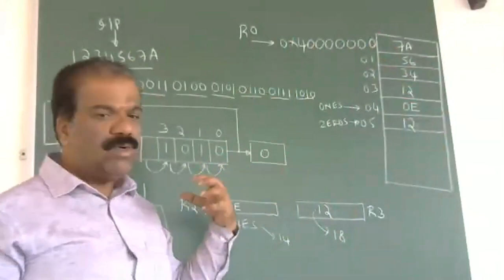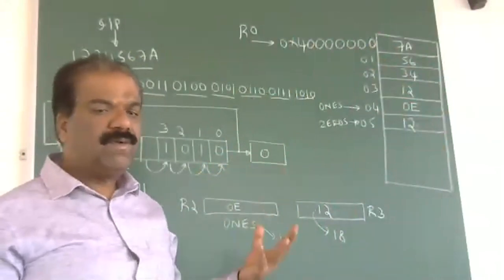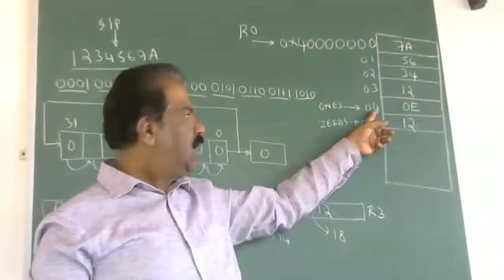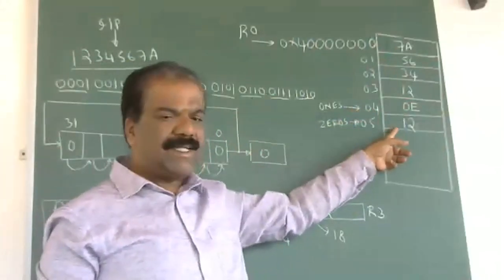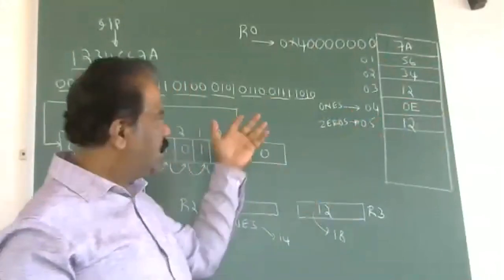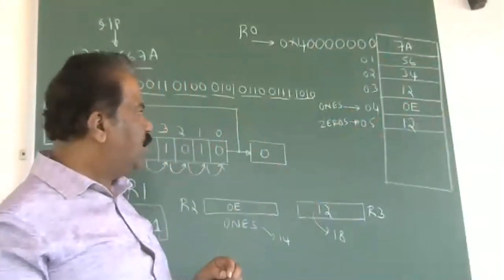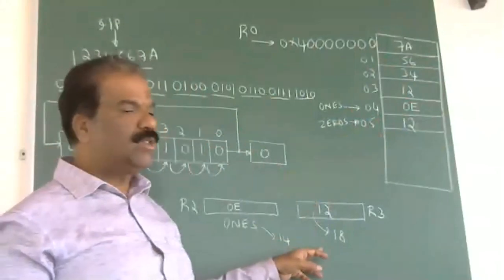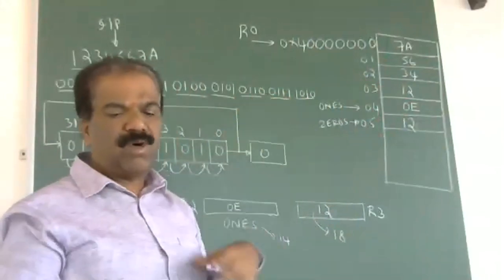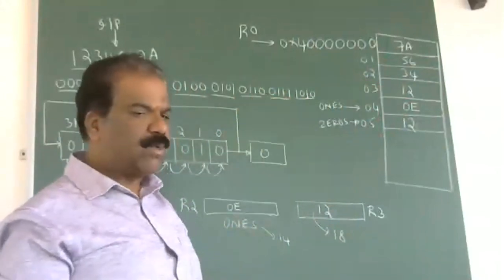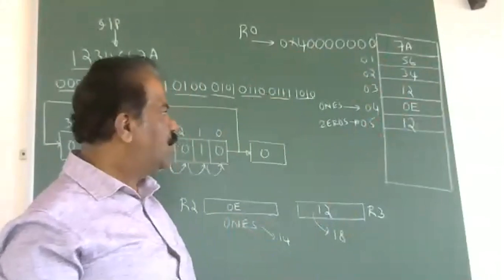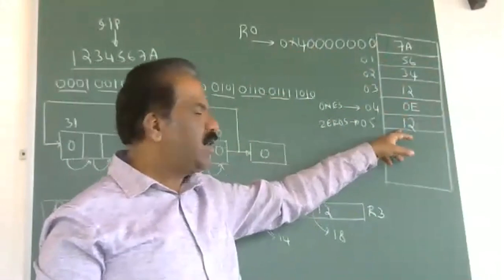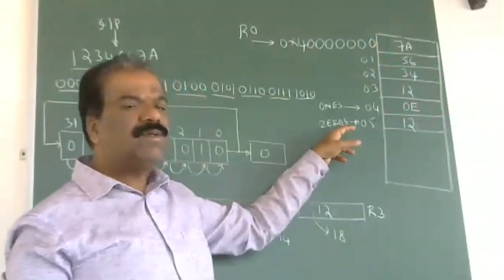That is a 32-bit number. From here we have to count the total number of ones and the total number of zeros, and store the total number of ones in this location and the total number of zeros in the next immediate location. According to this example, we have 14 ones and 18 zeros for this particular input. We can modify the input and execute the program to get a different answer. Therefore, I'm going to use this location to store the number of ones, and the next immediate location to store the number of zeros.